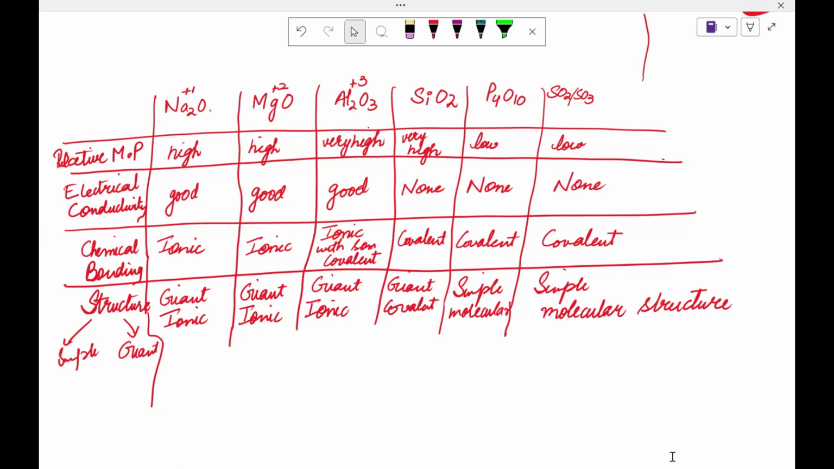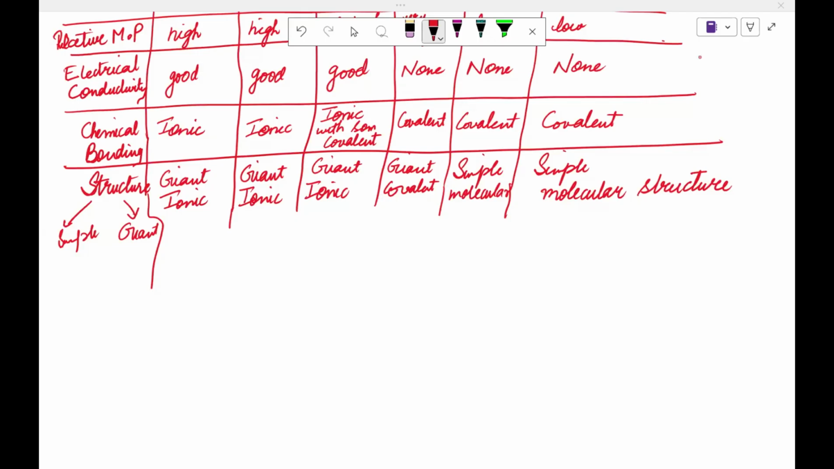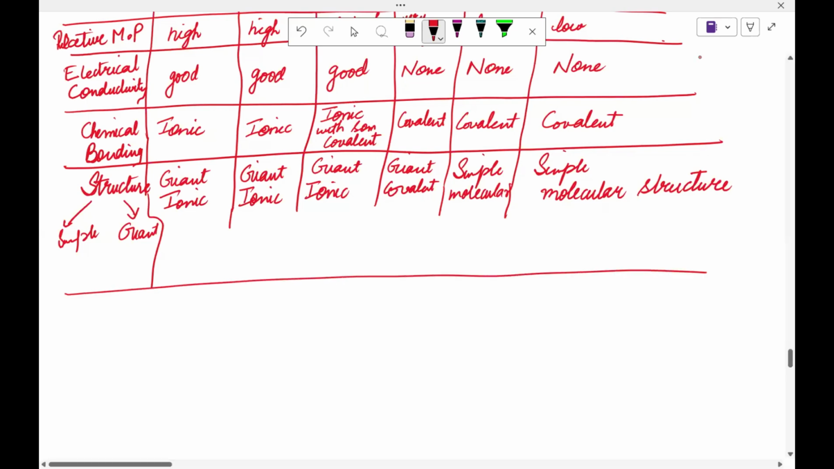Just one second. Let's discuss some of the uses of magnesium oxide. We know that due to the high melting point of magnesium oxide and aluminum oxide,